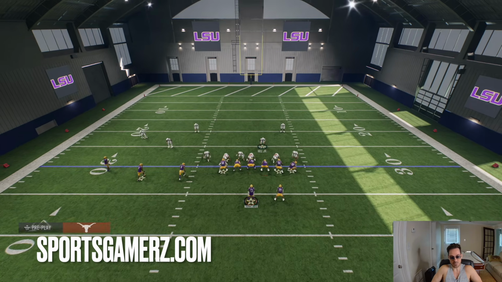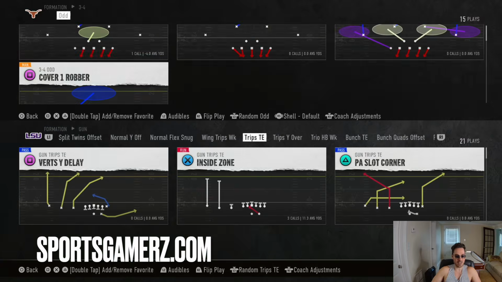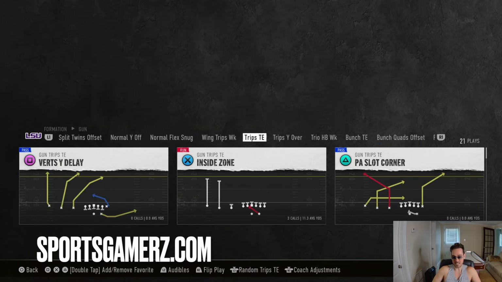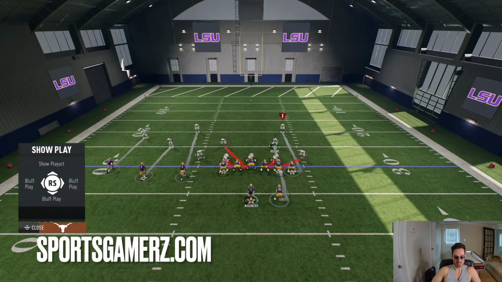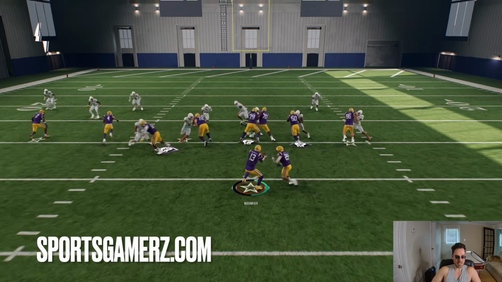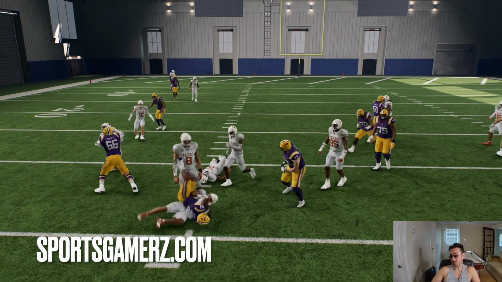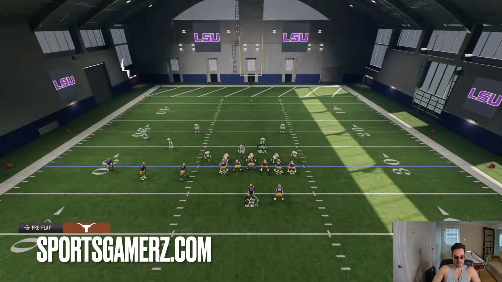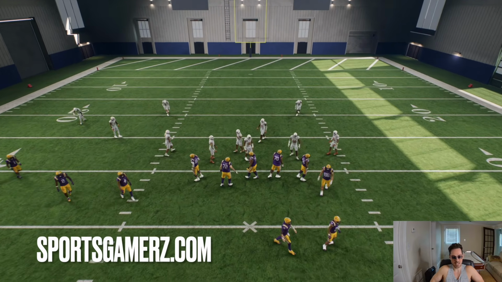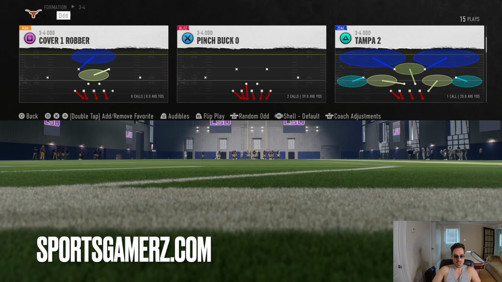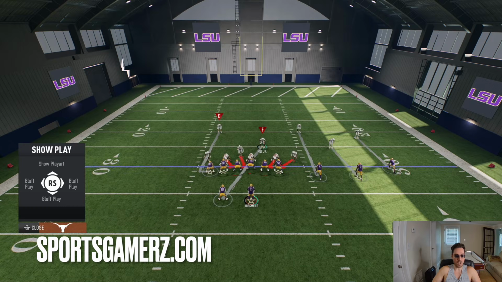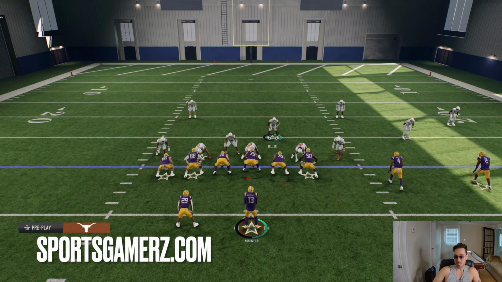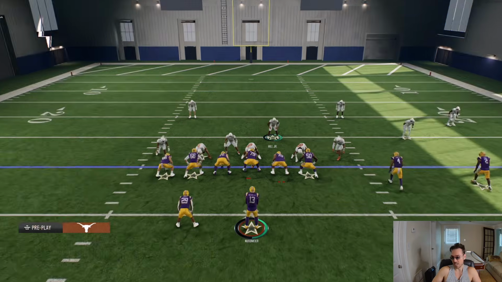Now, if they actually do try to run the ball, this is a very, very good run defense against basic inside zones or those types of shotgun runs. Like right here, again, we spread our linebackers out and use him over this D tackle area. If they do run the ball, you'll see that guy's pretty much going to shoot in. Now, I will caution you, if they happen to flip their formation in shotgun, make sure you flip with them. You always want to make sure you're using the guy manned up to the running back, on the running back side. So if they come out and the running back's on the other side,